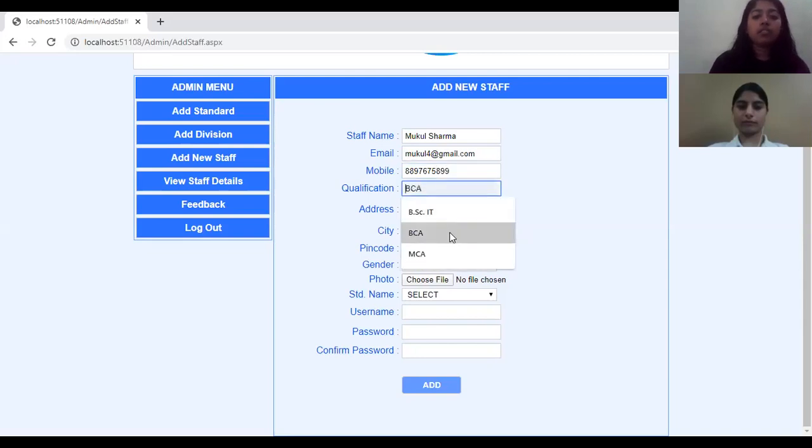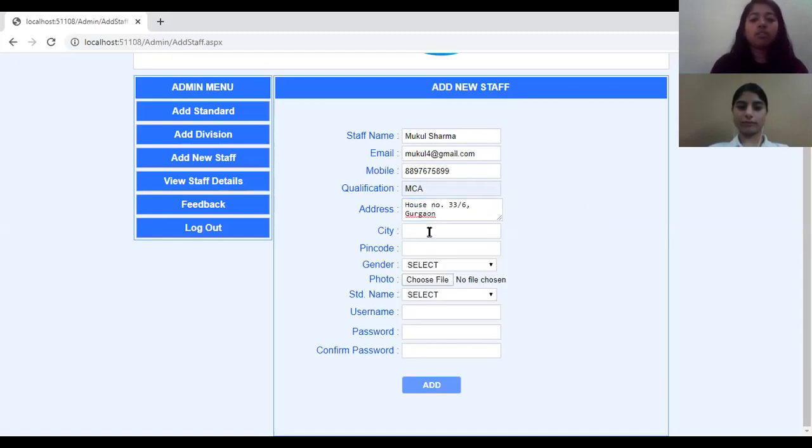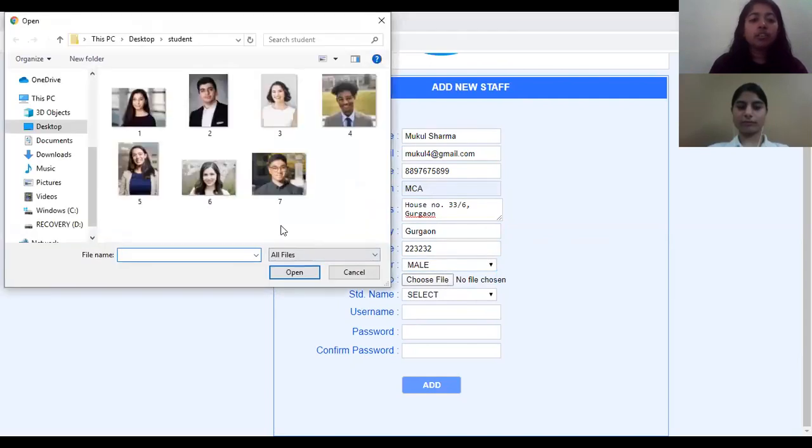Enter the qualification, MCA, address, house number 33/6, Gurgaon. Enter the city as Gurgaon. PIN code, gender male.